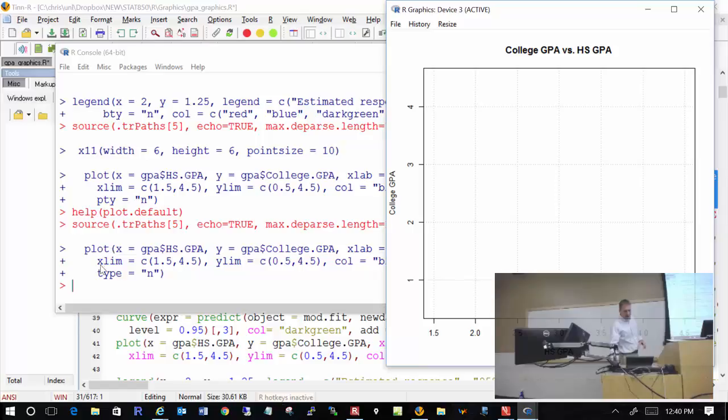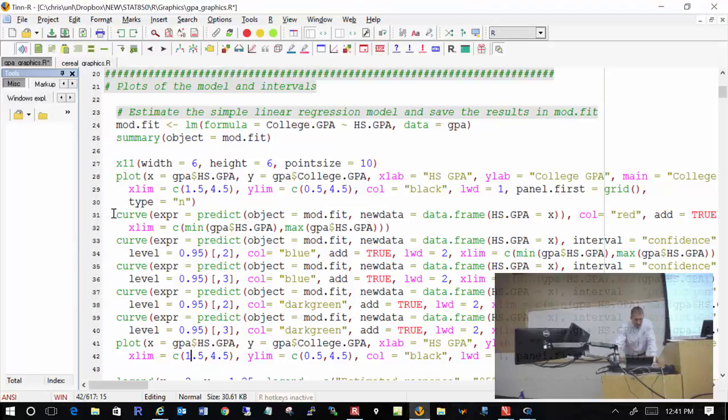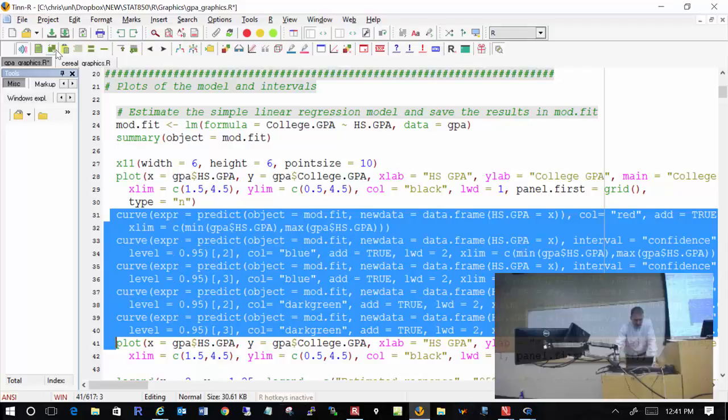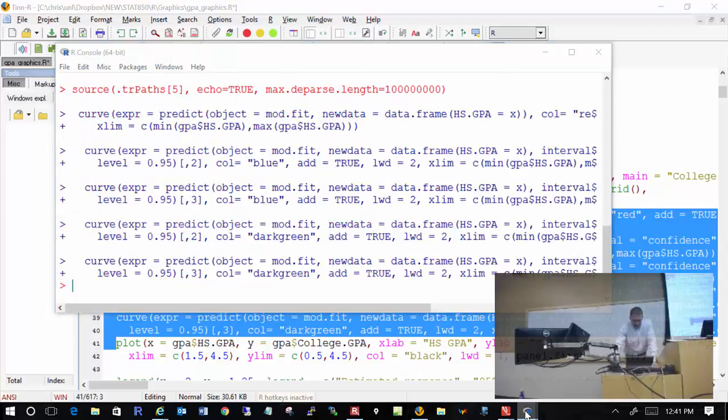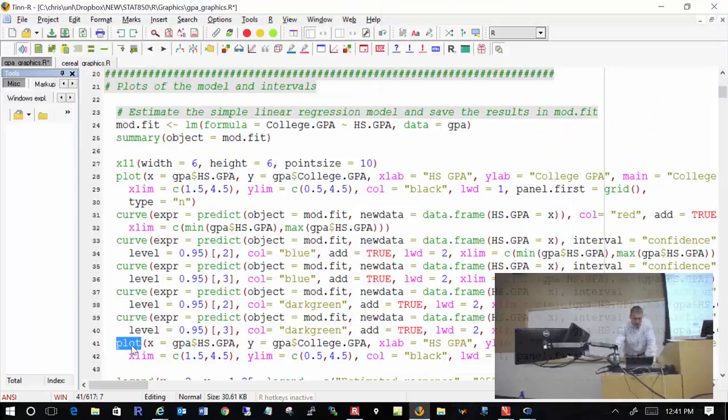How did I do that? I added this option here, type equal n, for no, I don't want stuff. There are many other types that you could look at. You take a look at the help for plot.default to see them. And then I do all my curves. So there are all my curves. And then lastly,